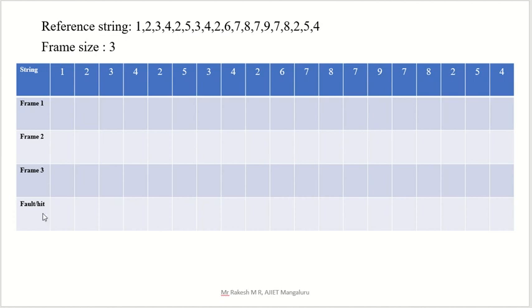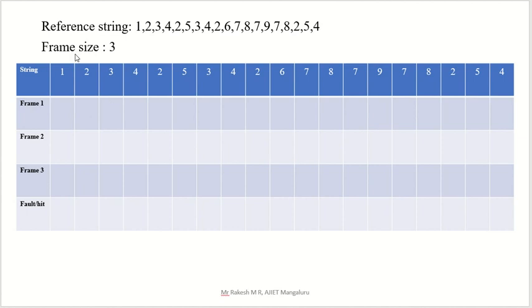Here you can see one table, with frame 1, frame 2, frame 3. Three frames are there. Frames are in main memory. This is a main memory chart. We have 3 frames. We have to check whether a particular page is there in main memory or not. If not, we go for a page fault. If that page is there, that is called a page hit. We have to calculate how many page hits and how many page faults there are, using the FIFO algorithm.